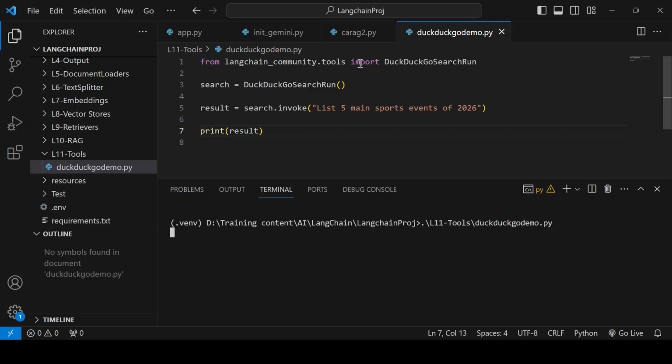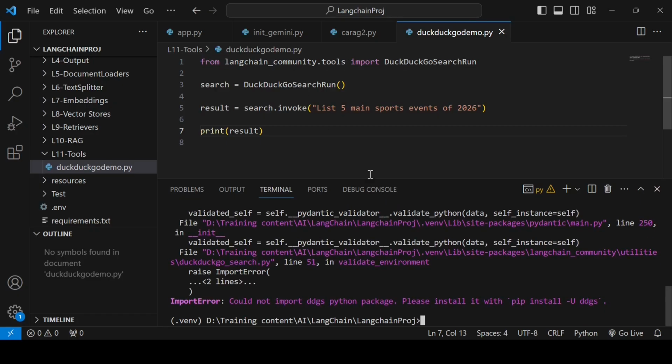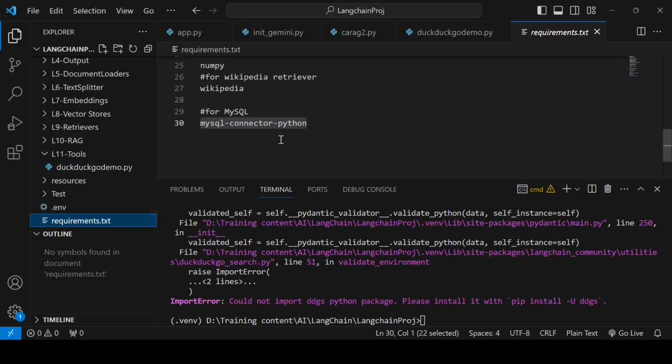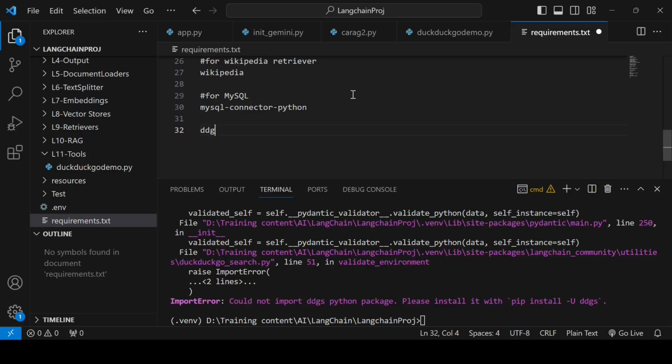Okay, so I've got my tool from DuckDuckGoSearchRun. It needs a Python package, ddgs, so that is missing.